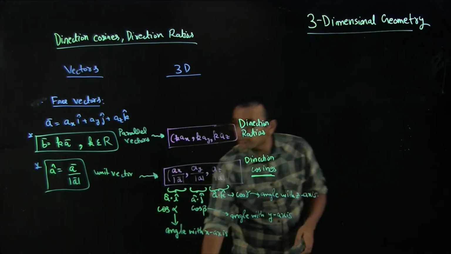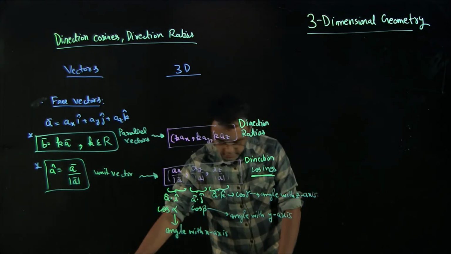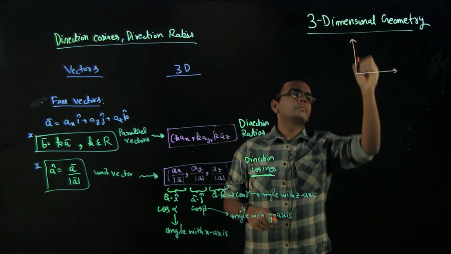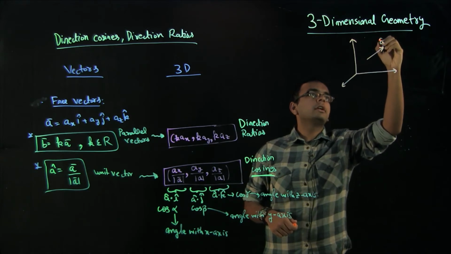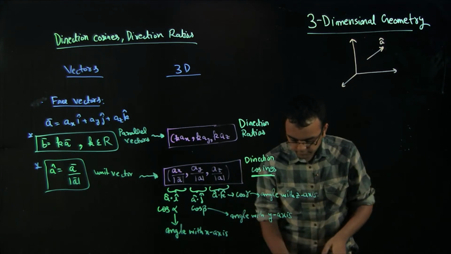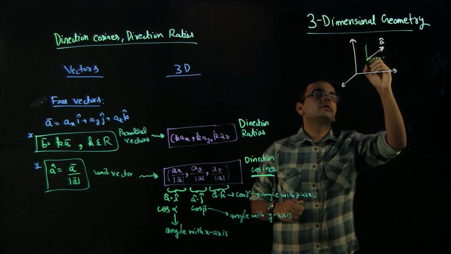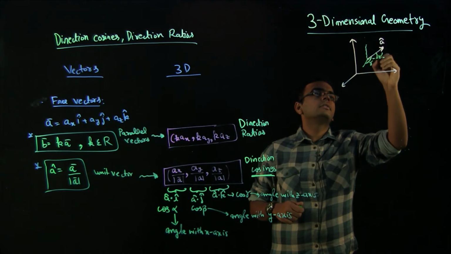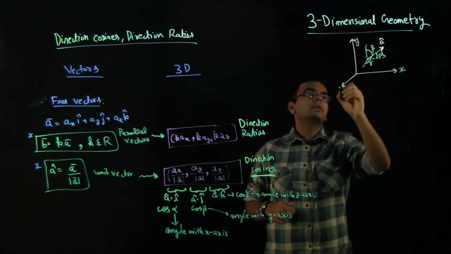So what does this mean? Physically, so that we understand it properly, let me make a small diagram here, which will make it easier to understand. There is a vector, and we are calling it A cap, so its magnitude is 1. If I move the vector such that this is the angle with the x axis, this is the angle with the y axis, and this is the angle with the z axis. So this is gamma, this is alpha, and this is beta, and this is x, y, and z.